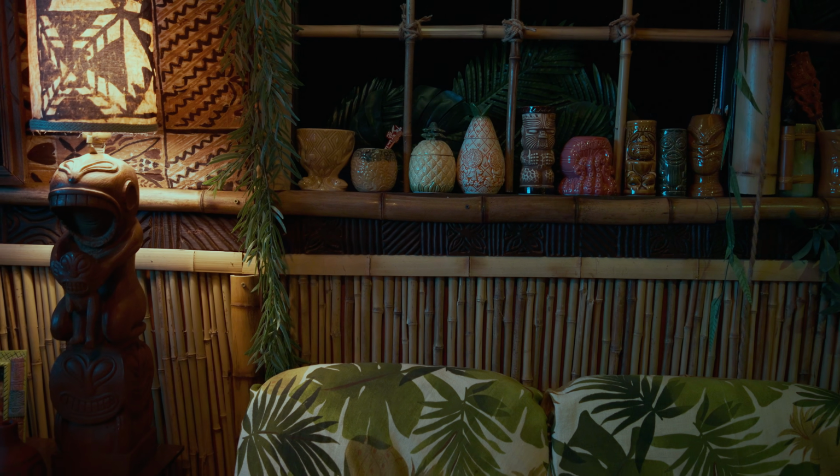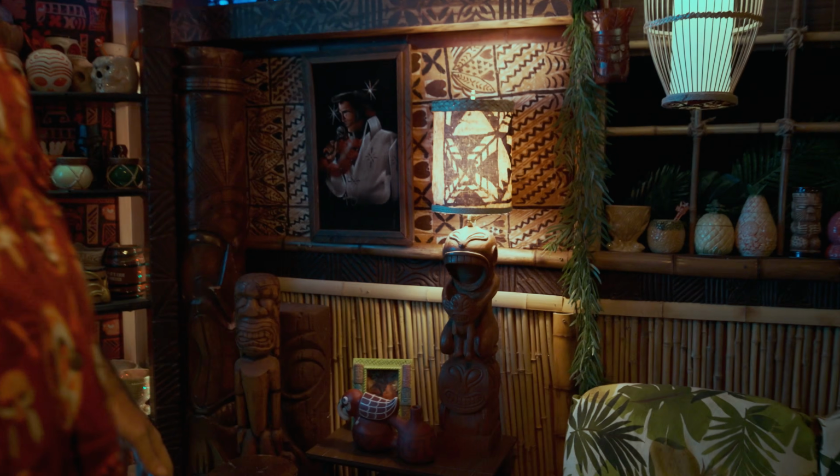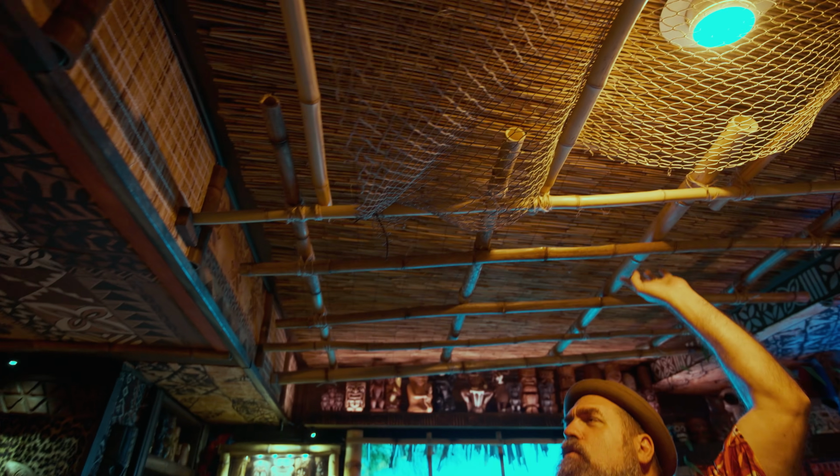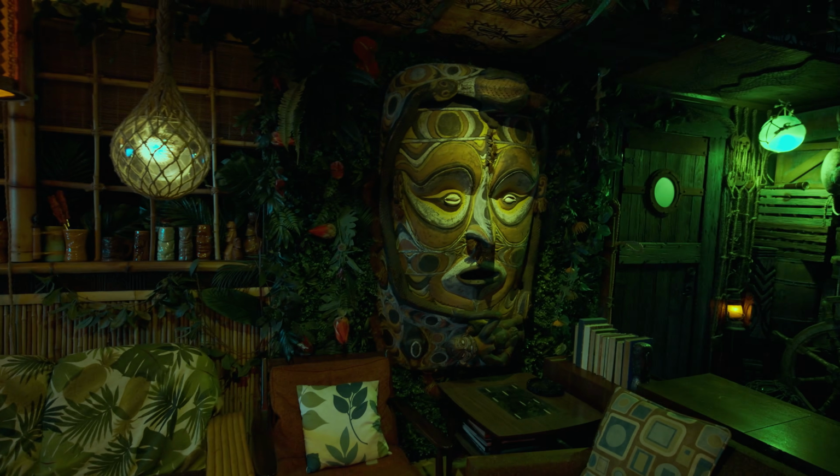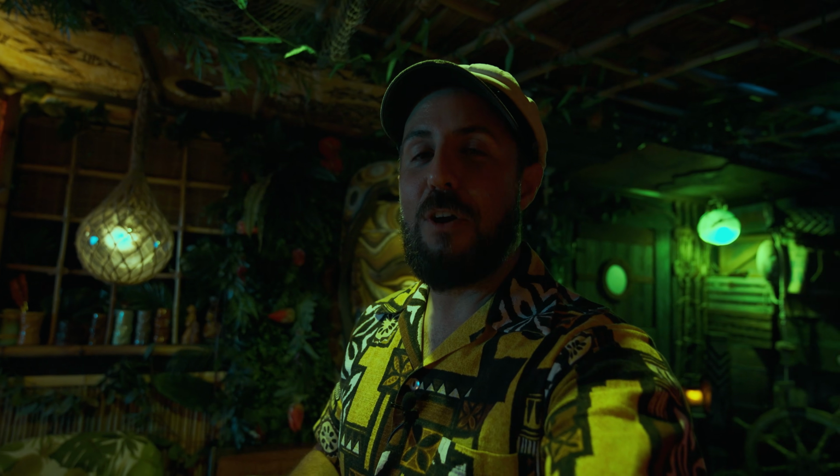Yeah, cover everything with bamboo. Speaking of which, the ceiling is all covered in bamboo. The bamboo we got from a local bamboo farm. Oh, okay. So the thing that's the most striking in this place, a lot of really incredible decorative items,